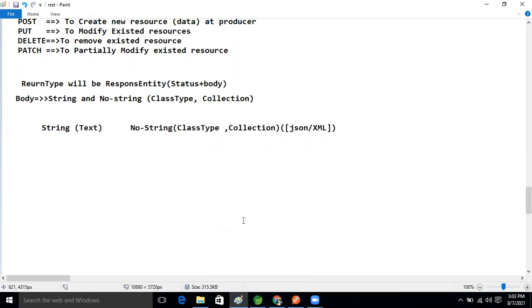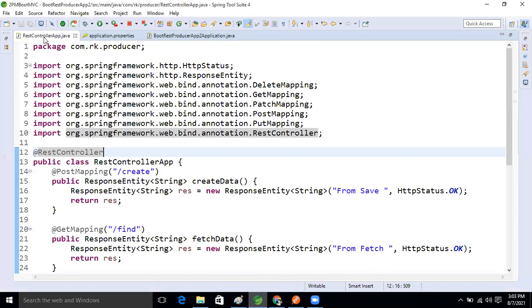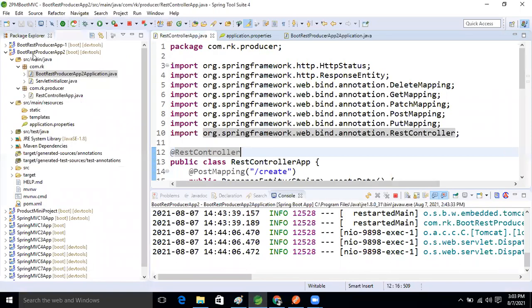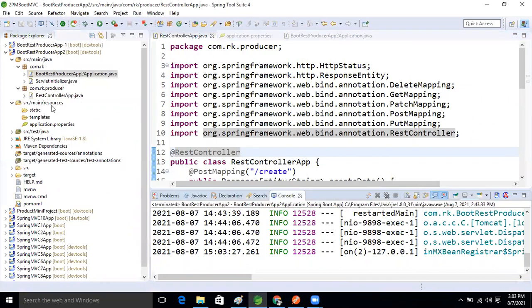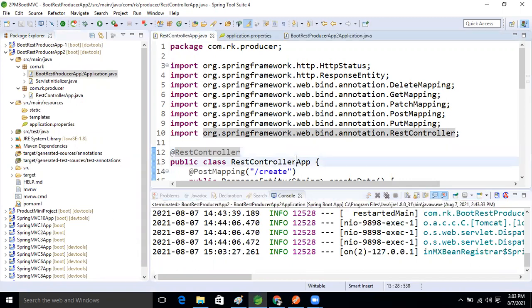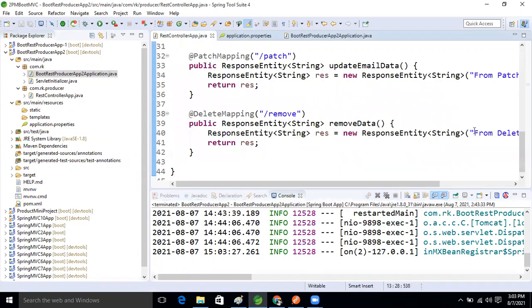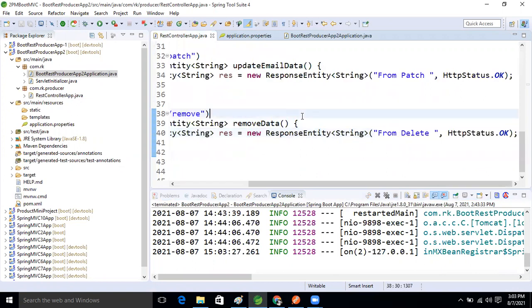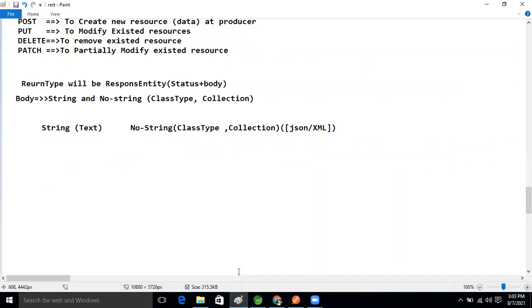I'm going to add only one dependency, the Lombok dependency, in this project only. In this project we will implement that application. Our requirement is to expose string data, which is nothing but plain text data. Then let's expose object type, then collection type. Then we will understand the Jackson API, and based on the Jackson API, how we can convert a Java object to a JSON object, and a JSON object to a Java object.